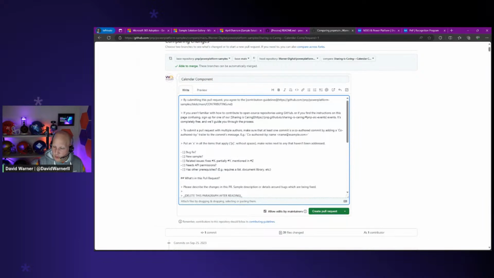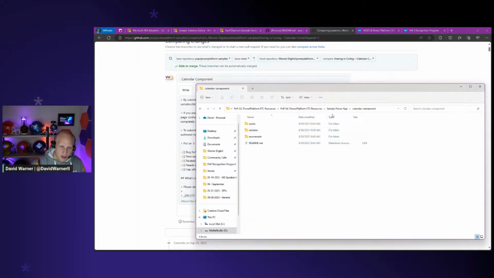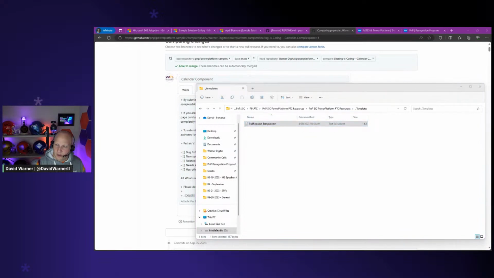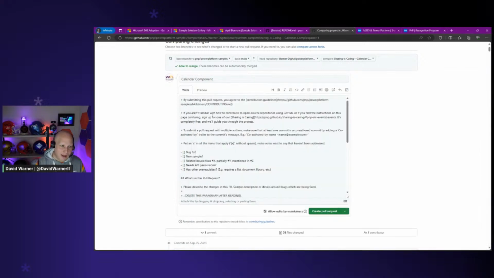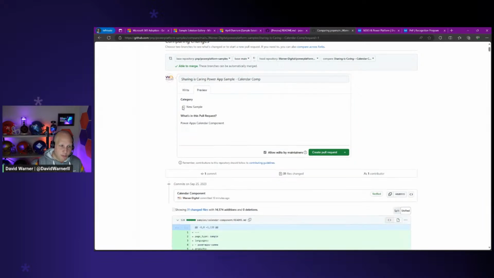For today, though, I've created a template that we're going to use. I'm just going to go back here and I'm going to open that up. And it's simply a template that we're using for this Sharing is Caring session. So I'm going to copy that, move it off screen, come back, and I'm going to change the sample title to Calendar Component. And then as far as the body goes, I'm going to erase all that and put in a simple body. When I preview, I'm saying it's a new sample, it's a Power Apps calendar component, and that is sufficient